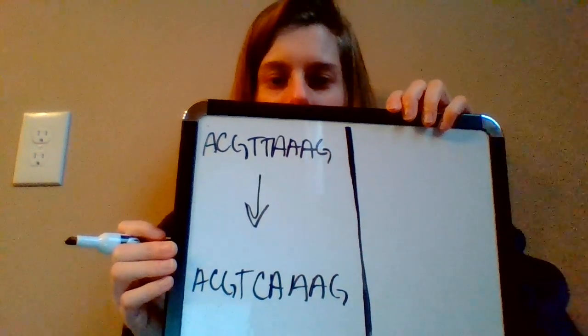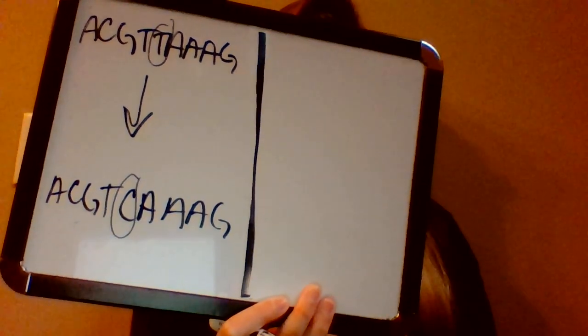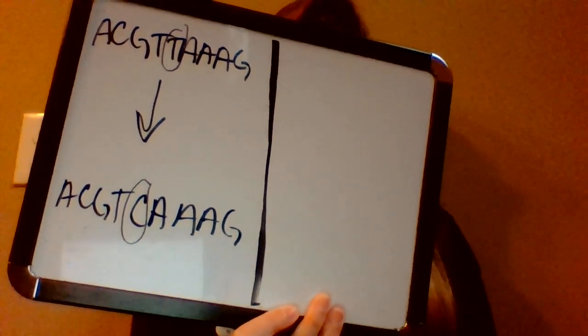Pause if you haven't got it yet, it's about to tell you. Alright, so looking at it, if you look in that second group of the nucleotides, you'll see that I traded that second T for a C. And if I traded it, that means it's a substitution. Okay? So if we look at the RNA, go back to what our little RNA strands should have been from the old DNA. Old RNA would be